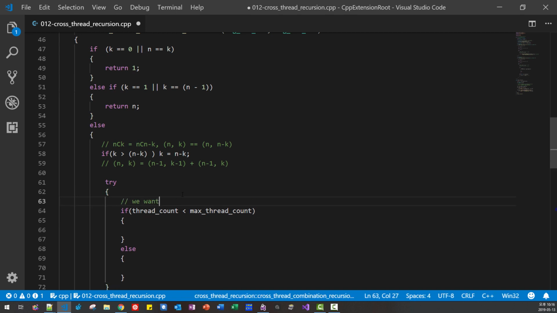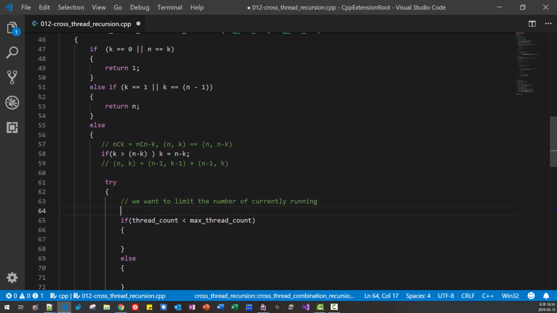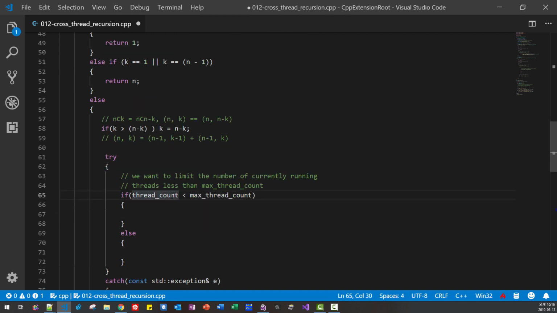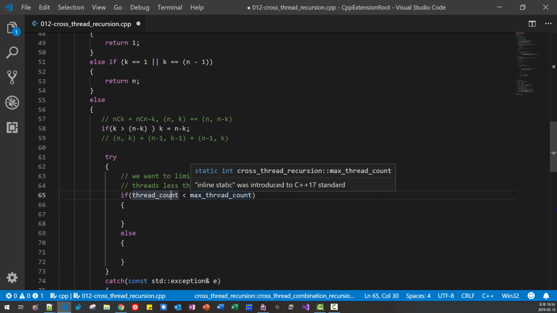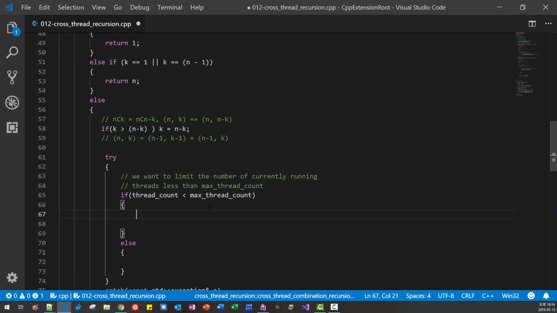We want to limit the number of concurrently running threads to less than max thread count. Okay, if the currently running thread count is less than max thread count, then we are spawning more threads.